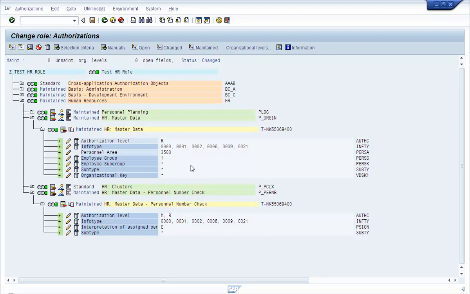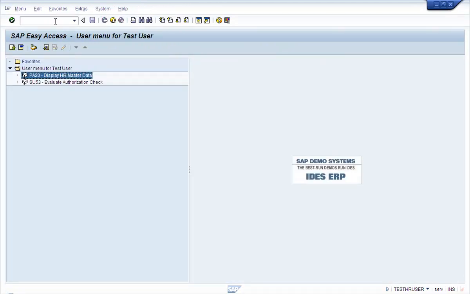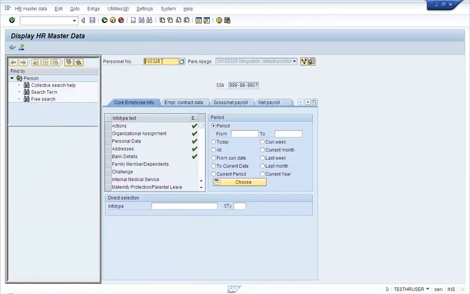Now we are restricting data from these info types by personal area plus the employee group. Let's log in with that test user and see if we are able to see the data for those info types.